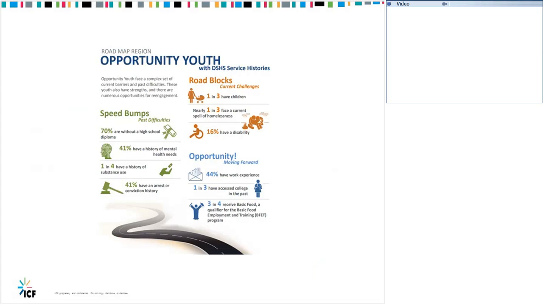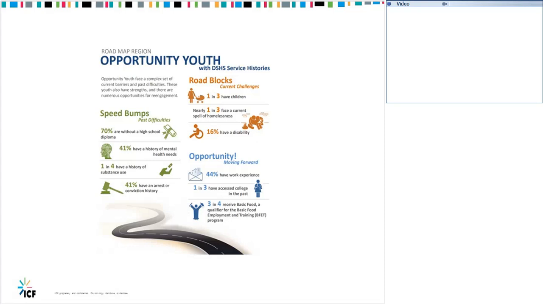Ooh, this is a little bit small, but hopefully you can see this. So the concept of what it means to be in this population, we're talking significant proportions who have children, significant proportions who are facing homelessness, who have absolute lack of stability in some of the most basic needs that they have. We have a preponderance of mental health needs. We have a history of substance abuse. We have a history of arrest and conviction and incarceration, and we know from the research what the implications of that on future employment look like.